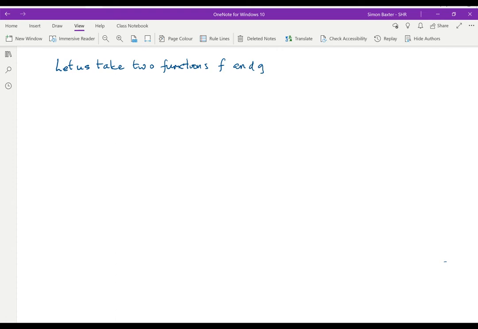And in this case, let us take g(x) equals f(x + a). The first thing to notice is that g(0) is equal to f(a). And the second thing I want to look at is that g(x), which is f(x + a),